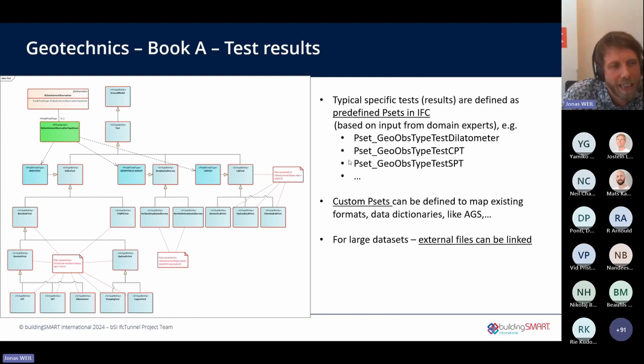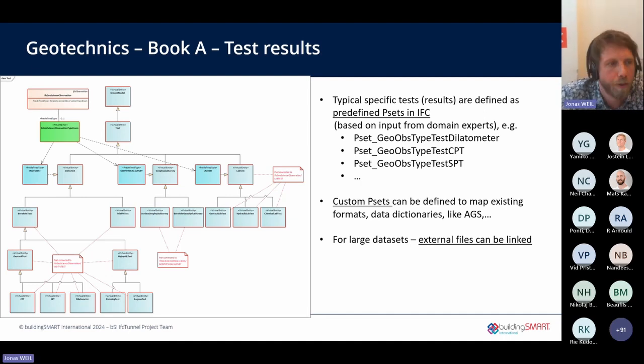For example, we said we can have a P-set for dilatometer tests, we can have a P-set for CPT, for SPT, but just with a few key properties. Use these key properties as they are included, or the definition and terminology, use this from existing standards. So any user will see how we can use this observation and test result elements.